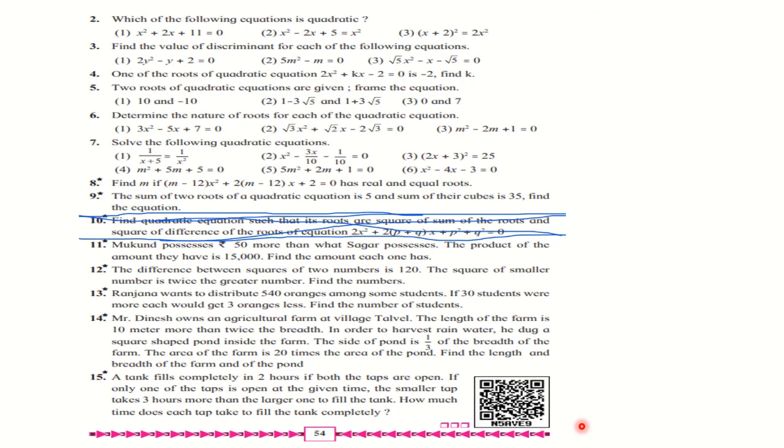For the third online assessment, you have to prepare for all 4 lessons which are completed, chapters number 1, 2, 3 and 4, and you have to prepare for each and everything. You even have to prepare for the extra questions which are out of text, because you know that in the board exams questions out of text are asked. Higher order thinking skill questions, HOTS, are asked. So you have to prepare for HOTS also.